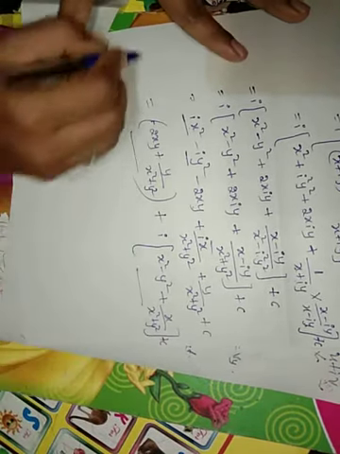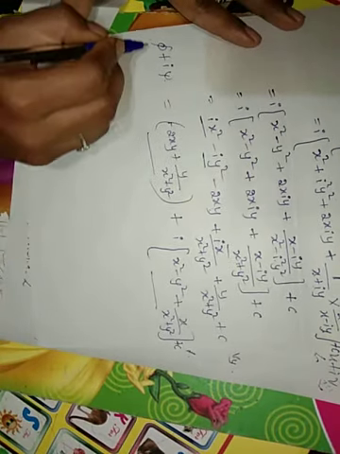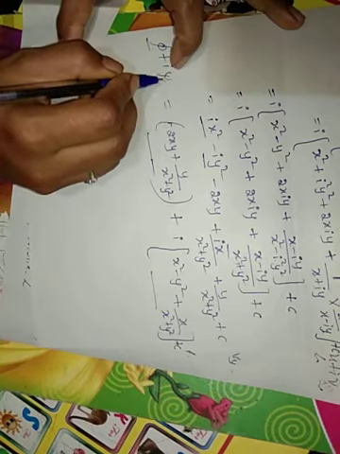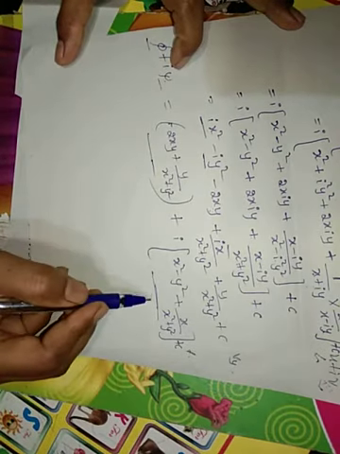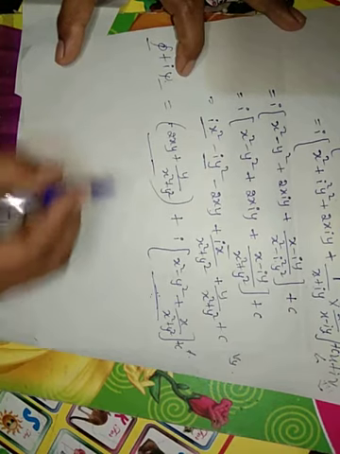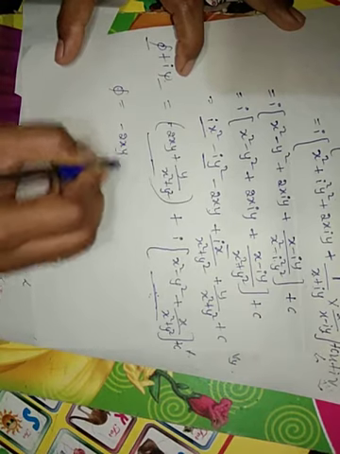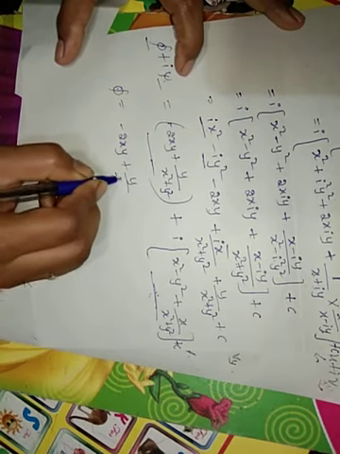So now compare it with the LHS: phi plus i psi equal to this one, i into this one is z. So when comparing with the LHS, we get phi equal to minus 2xy plus y divided by x square plus